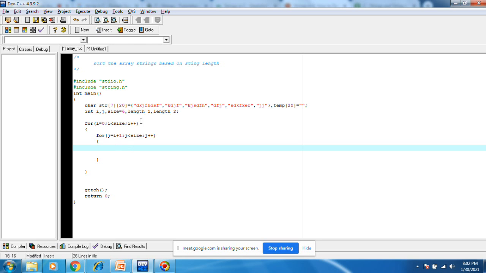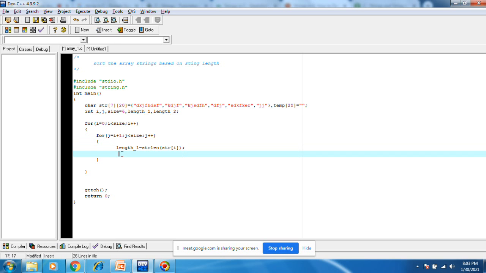And then we need to find length_1 equals strlen of str of I, which means 0, correct? And the same thing, length_2 equals strlen of str of J. Every time we need to calculate the length of each.